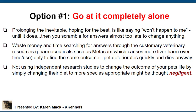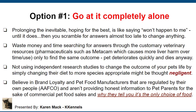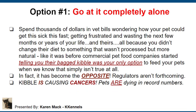Not using independent research studies to change the outcome of your pet's life by simply changing their diet to a more species appropriate one might be thought negligent. Believe in brand loyalty and pet food manufacturers that are regulated by their own people, AAFCO, and aren't providing honest information to pet parents for the sake of commercial pet food sales, and why they tell you it's the only choice of food? Spend thousands of dollars in vet bills, wondering how your pet could get this sick this fast,